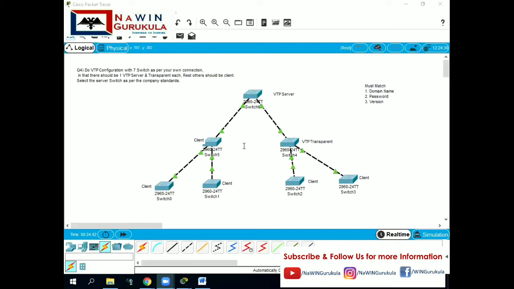If you remember what exactly VTP is all about, VTP is nothing but VLAN Trunking Protocol. It is not viable to configure VLANs in all the switches in the network.